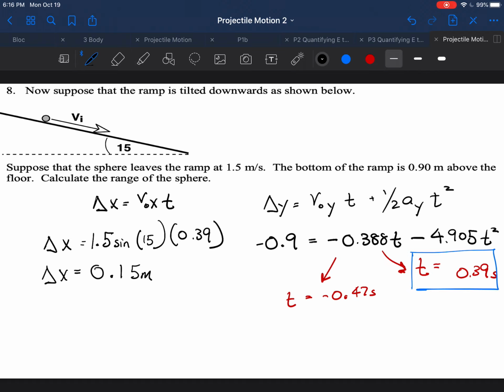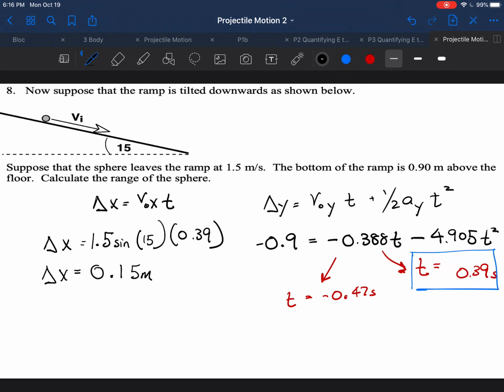Hey guys, so we're going to go ahead and just quickly finish up the solution to the problem we left off in class with. So we talked about how we can solve projectile motion, and one of the basic strategies is typically, since you have two directions, a y and an x, you'll end up with a system of equations, meaning two equations, two unknowns. One of the unknowns is almost always time, and you're going to solve for time in one of the equations, either x or y, and then end up plugging it back in to the other one